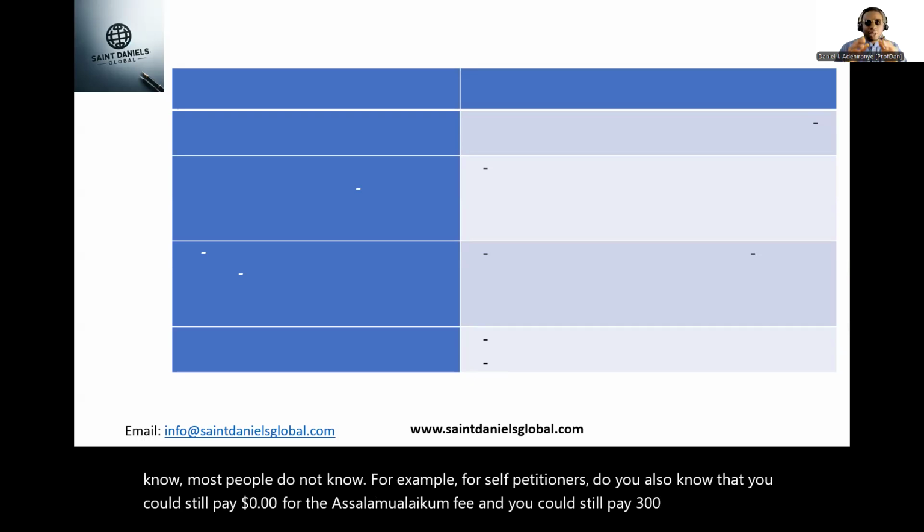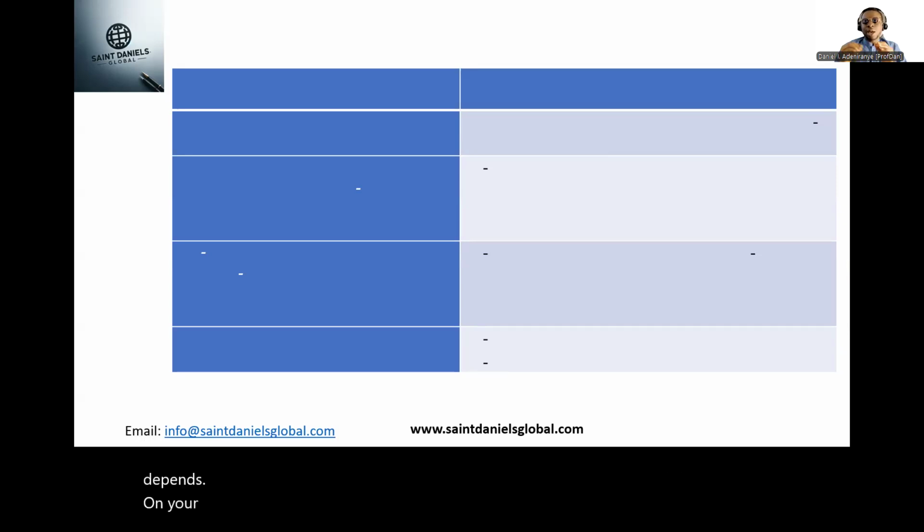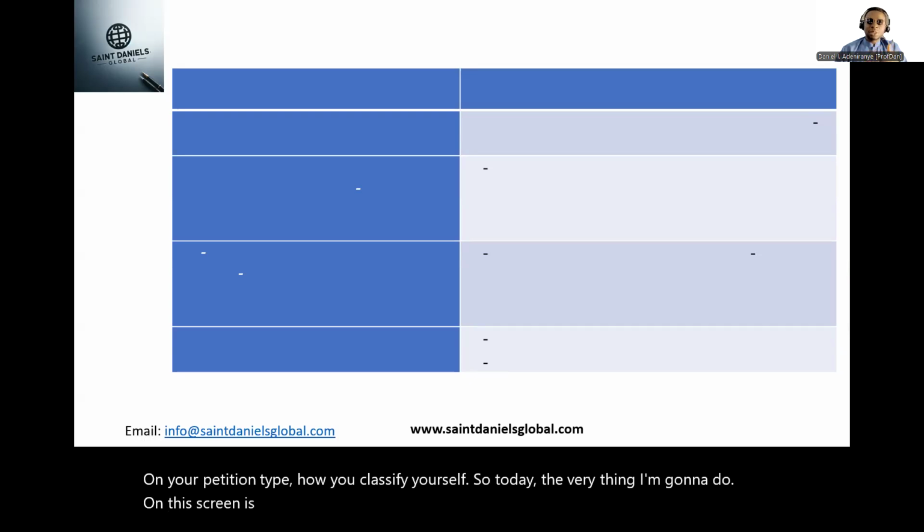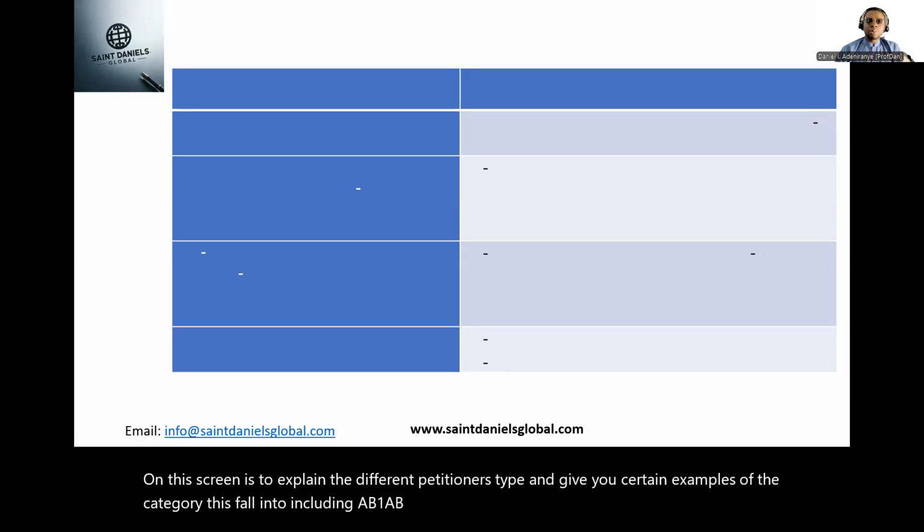It all depends on your petition type, how you classify yourself. So today, the very thing I'm going to do on this screen is to explain the different petitioner types and give you certain examples of the categories they fall into, including EB-1 A, B, or C, or EB-2, or the EB-2 NIW as examples. So the first thing is